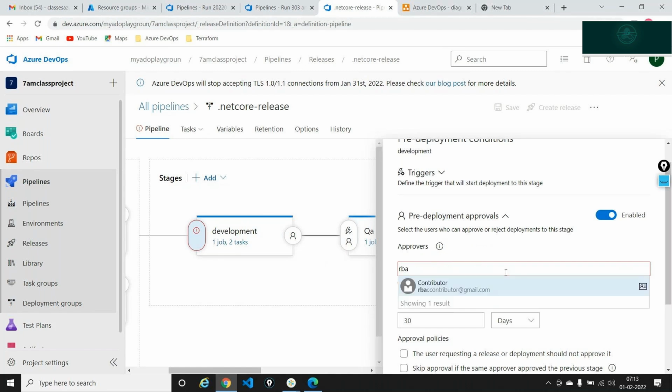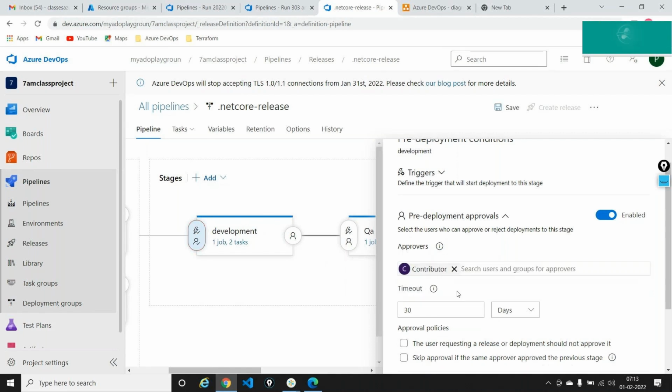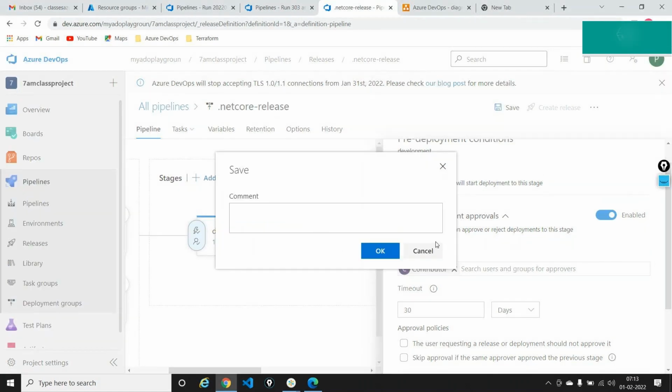I'll add this person called RBAC contributor at the gmail.com, imagining that this person here is the lead for the development team. I'll say development team lead. Now this person is the lead for the development team, so I'll just save this out. I'll say added a pre-deployment approval,